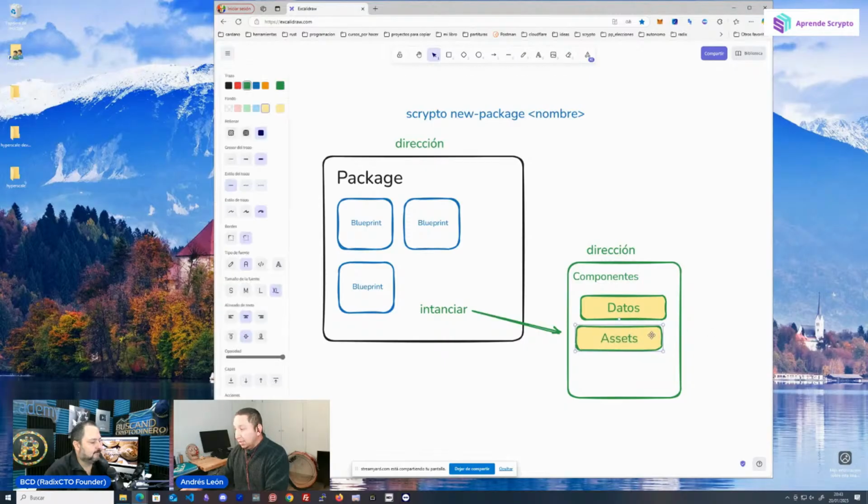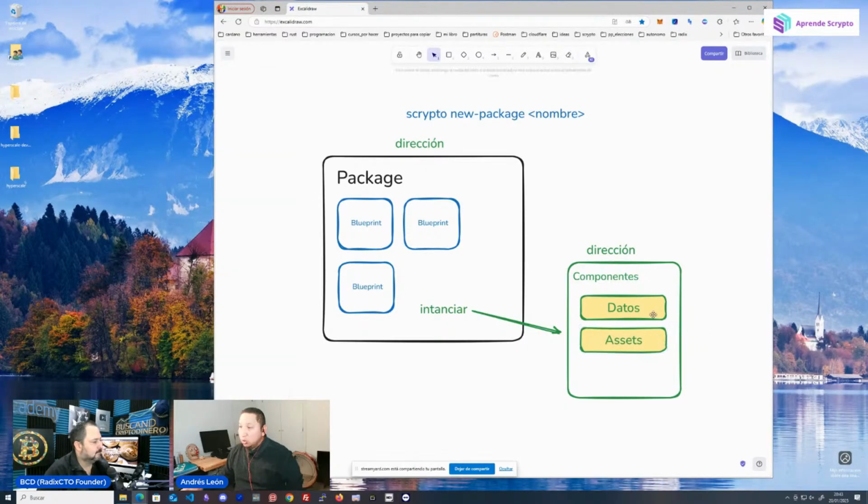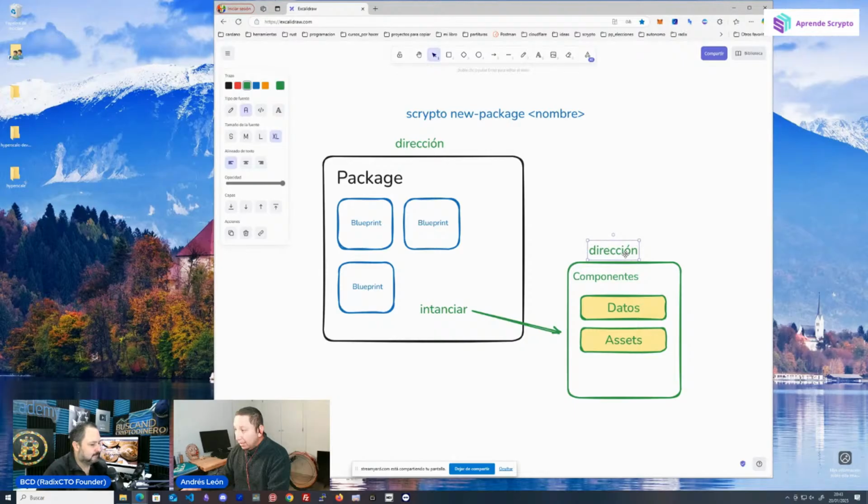And that's the main difference. When I instantiate a blueprint that is inside a package, I finally allow it to save data or assets inside. I mean, let's say it already has a life of its own. We could do the example with a house, okay? I think we've already done it before, right, Guillermo? The example of the house: an architect created a plan, and now from that plan, you can create a house